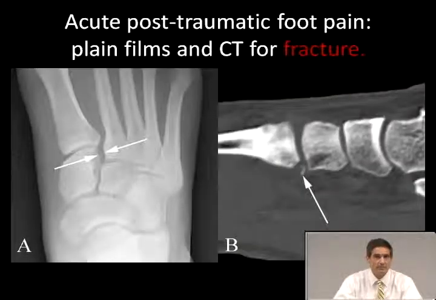Undiagnosed injuries of the Lisfranc joint can cause chronic disability and are a source of a lot of lawsuits, frankly. So here you have on A, a little bit of a gap there that doesn't really belong there, and then on B you can see that little fracture fragment. There's a whole classification system of the degrees of fracture and the associated ligamentous injuries that occur at this particular